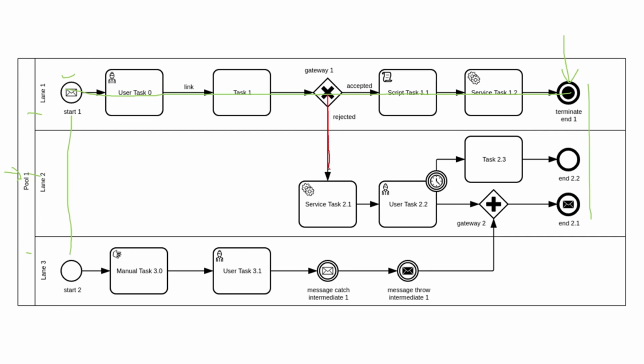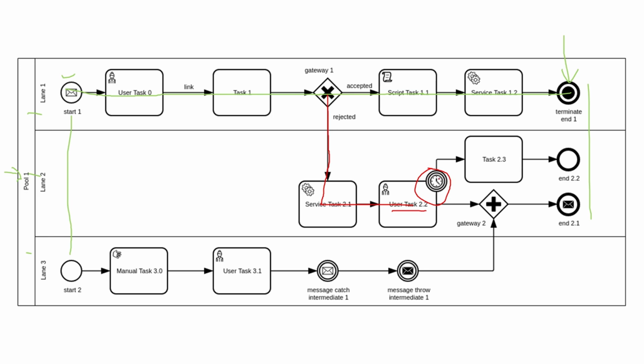So we are still at the top here. Then we have the service task, a user task. And now it gets very interesting because of this one here. This one means the following. So whenever the user is doing user task 2.2, you can see here is a timer event, which is